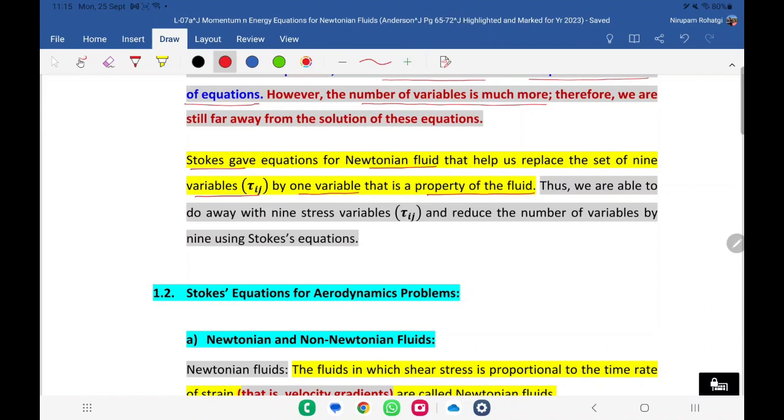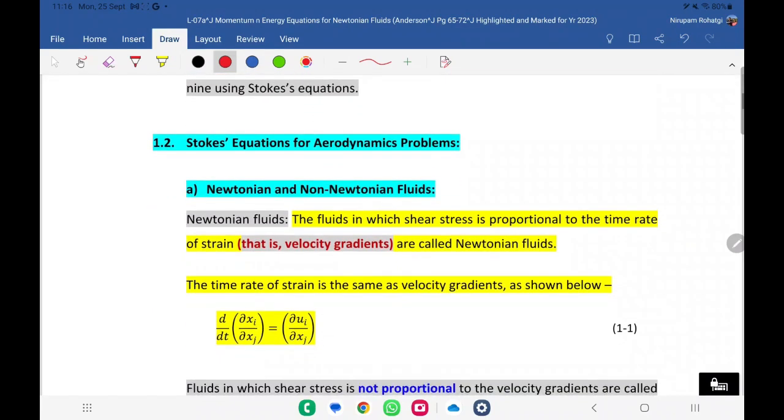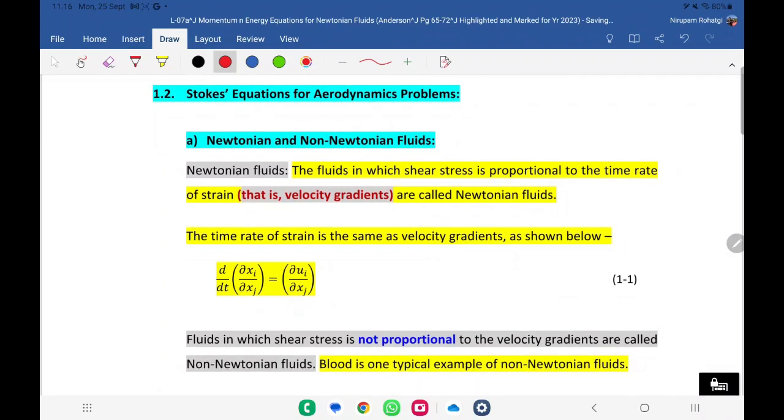So what Stokes is saying is that these tau ij can be written as a function of a property of the fluid. Okay, and this whole article is about how we replace tau ij with the property of the fluid. Okay, so as a result, 9 variables will be going. Now Stokes equations are basically used for aerodynamic problems only. What he is giving is for the aerodynamic problem and for Newtonian fluids, right? So your water and your